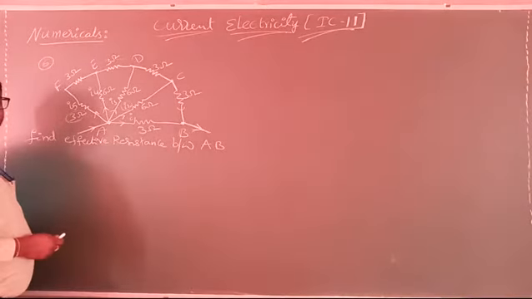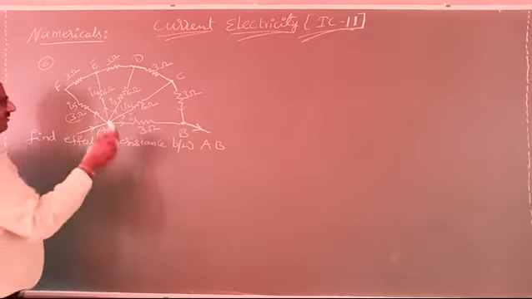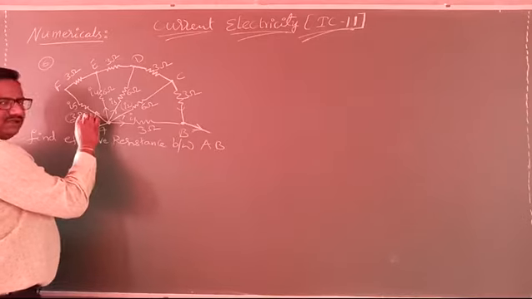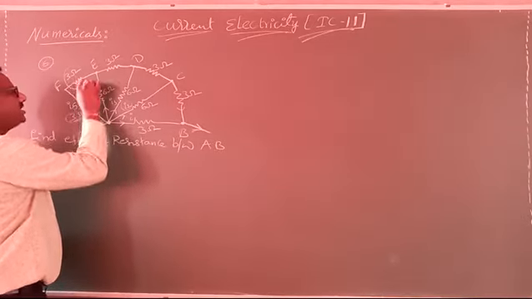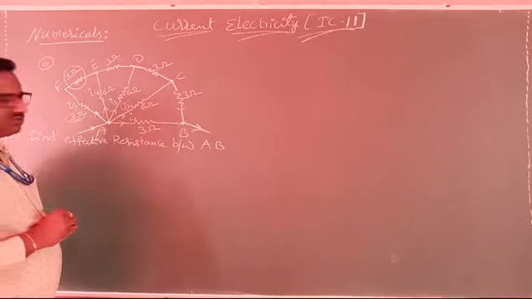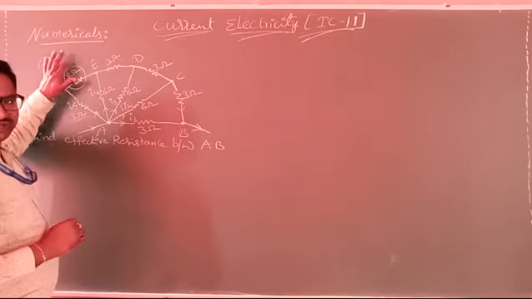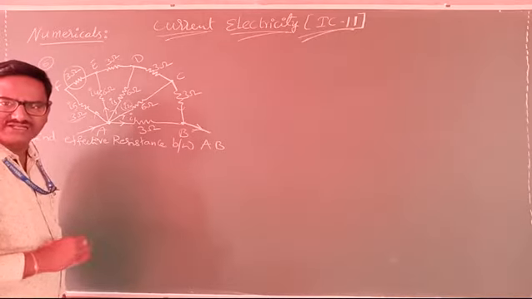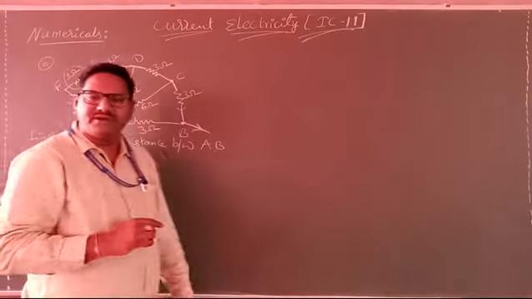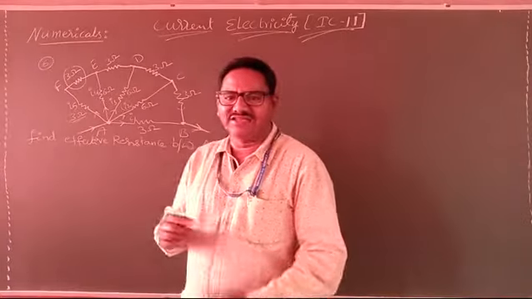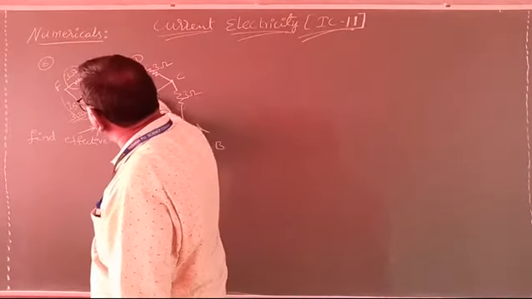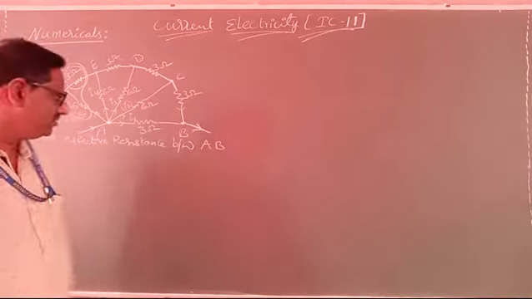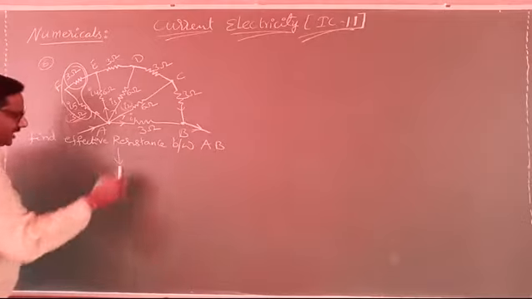Here you need to observe one small point. What is that? Very simple. The current in this 3 ohm resistor is the same current that will flow in this other 3 ohm resistor. So in these two 3 ohm resistors, the current remains the same. If the current flow remains the same, then they are called a series combination. So these two are in series combination. By using this, what can I write now?